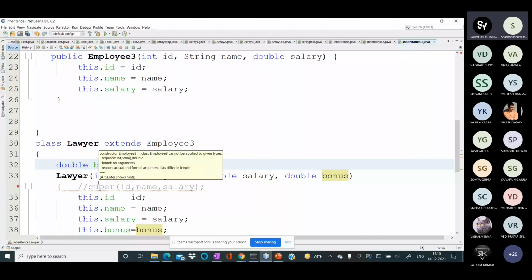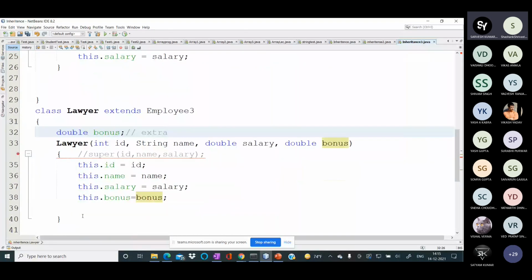Okay, no problem. But when you write the Lawyer class constructor like this, there is a problem. What is the problem here? In the case of inheritance, just listen carefully: if you create a child class object with the help of a child class constructor, then implicitly the parent class constructor is invoked first and the parent class object is created.